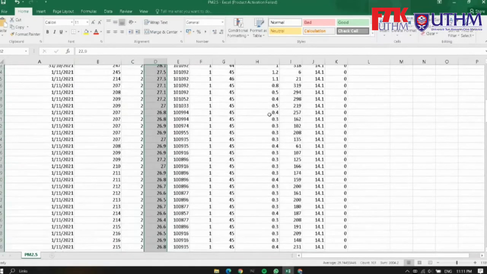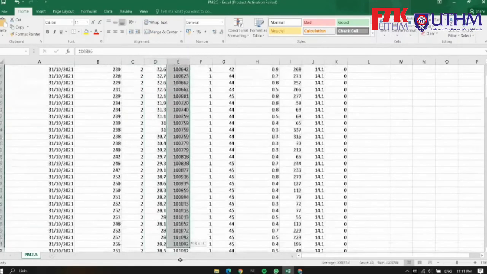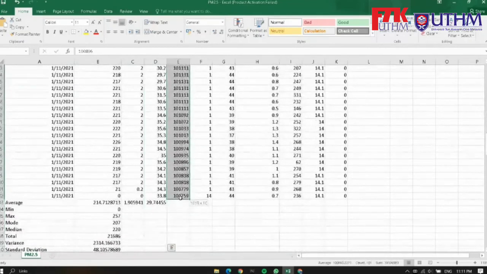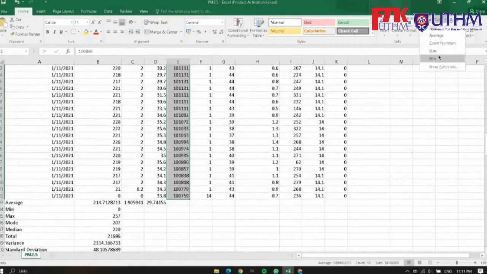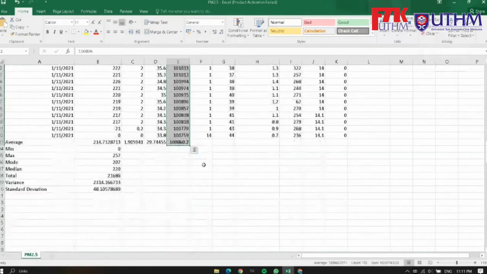Again, average, and also for pressure. There you go. These are the values needed to statistically analyze the data.